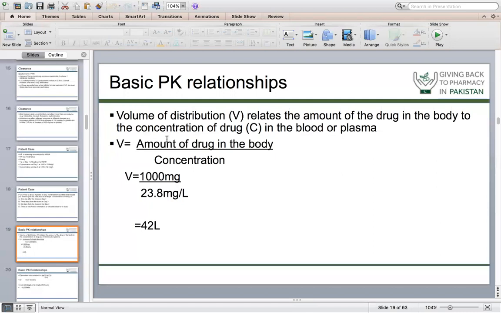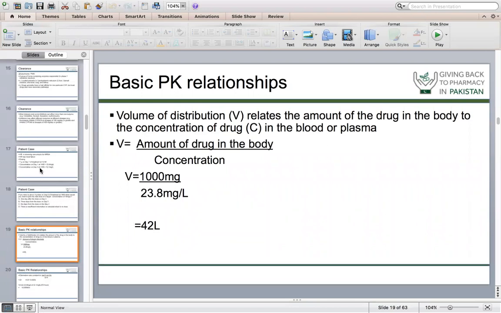We already discussed volume of distribution, an important pharmacokinetic parameter. What is it? It relates the amount of drug in the body to the concentration of drug in the blood or plasma. It's a very familiar formula in pharmacokinetics: V is equal to the amount of drug in the body over concentration. So we can substitute the values in this equation